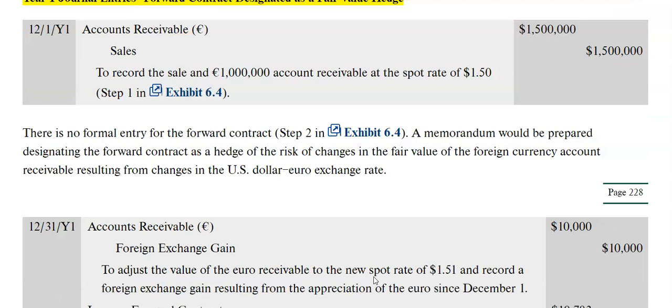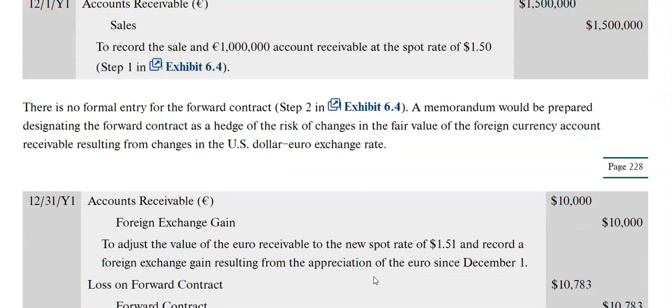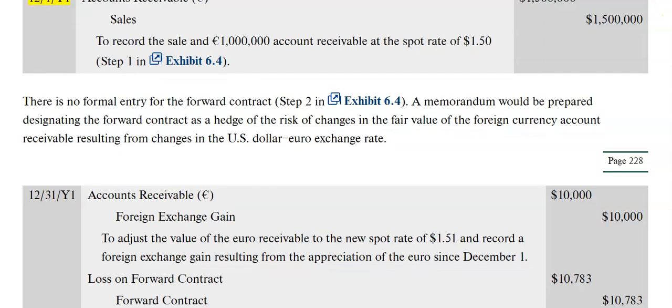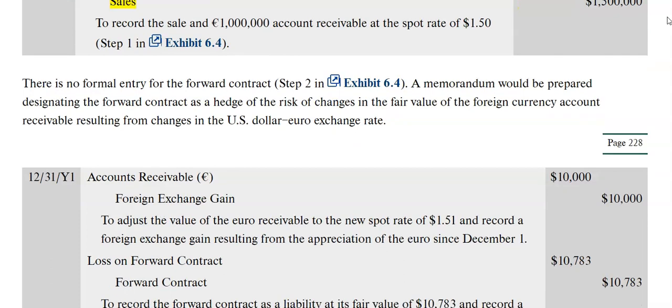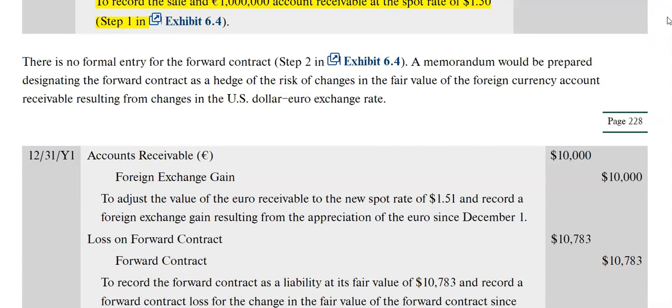Year 1 Journal Entries, Forward Contract designated as a fair value hedge. 12/1/Y1. Accounts receivable, Euro, $1,500,000. Sales, $1,500,000. To record the sale and €1,000,000 account receivable at the spot rate of $1.50, Step 1 in